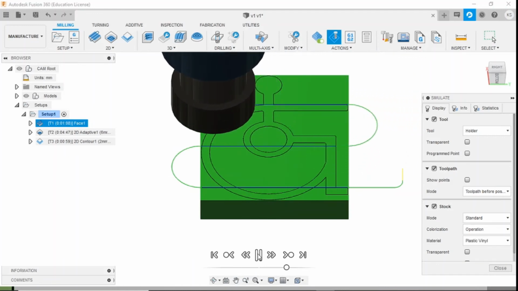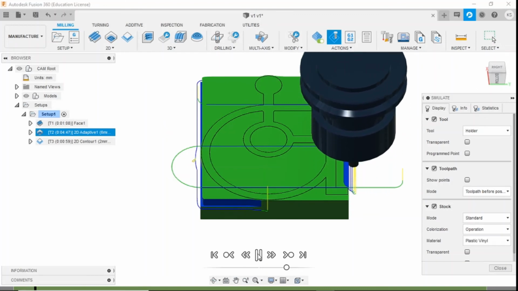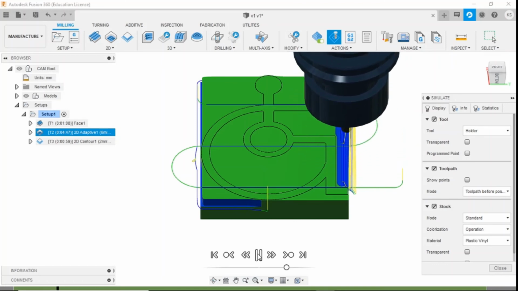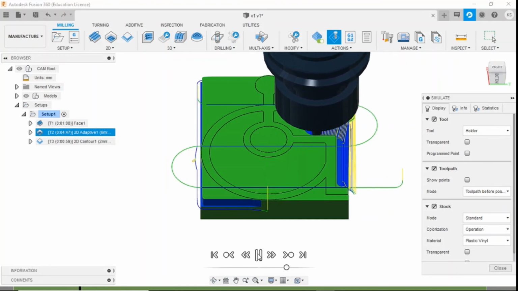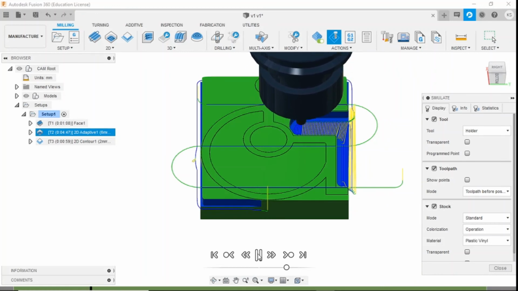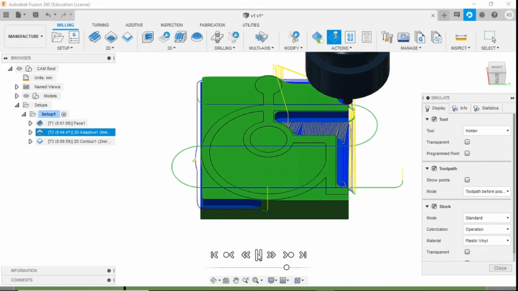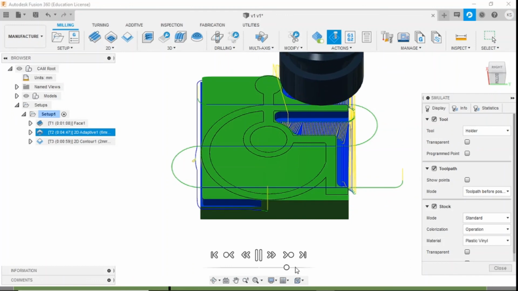We can see all the operations, from facing to 2D contour. Close